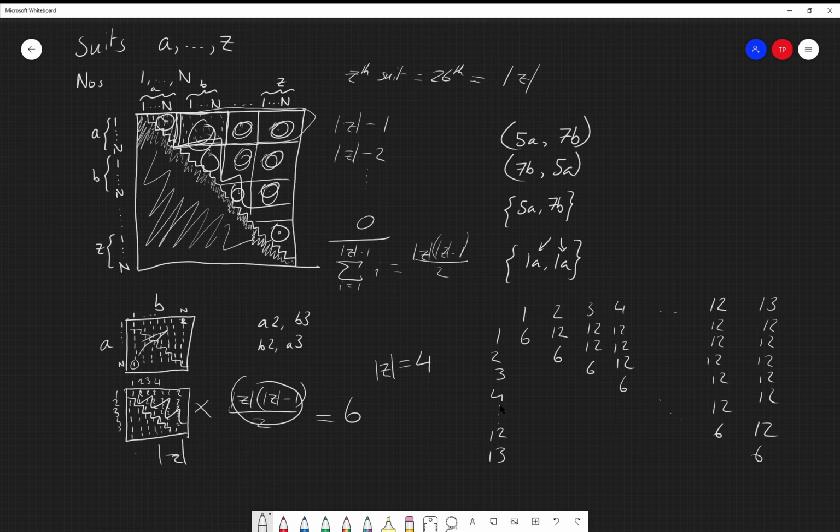And I hope that that's clear, because it's just from the diagonal across here, and the length of this diagonal is just the length of the number of columns, and that's going to be like 1, 2, up to this number. So we want to take the lower half and multiply it by this value, and if it's poker, this value is equal to 4. So then in the lower half we now have 4s, and these are the offsuit pairs,